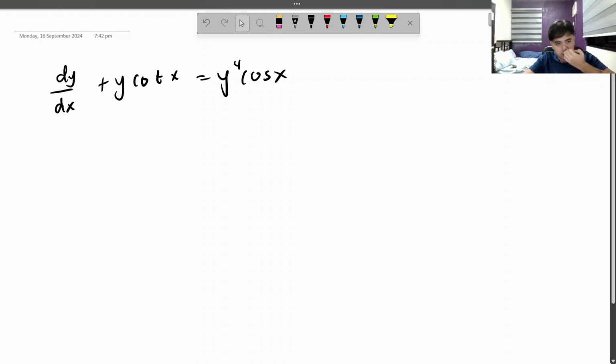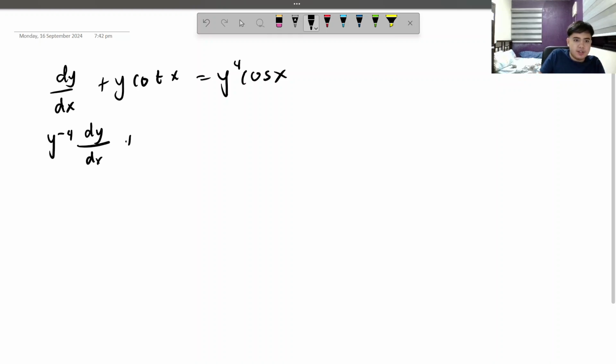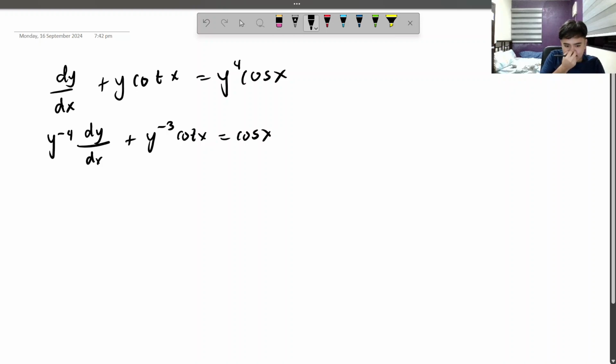All right. Next question. dy over dx plus y cotangent of x equals y to the 4th cosine of x. There's y to the 4 here, so we multiply both sides by y to the negative 4 in order to get this. All right, now that we have that,